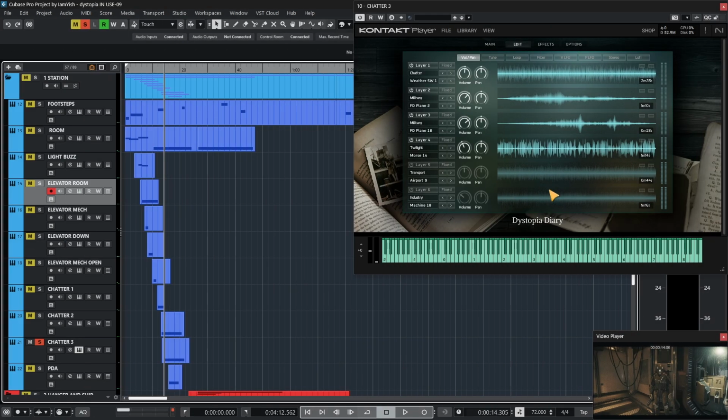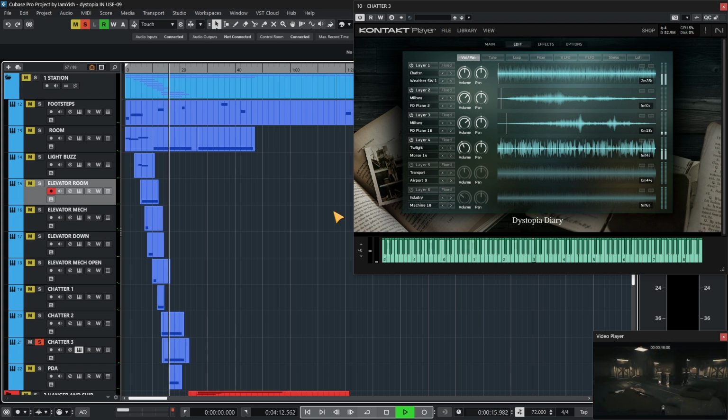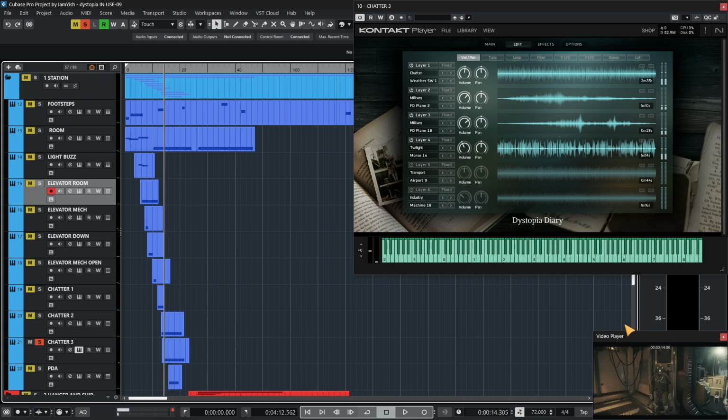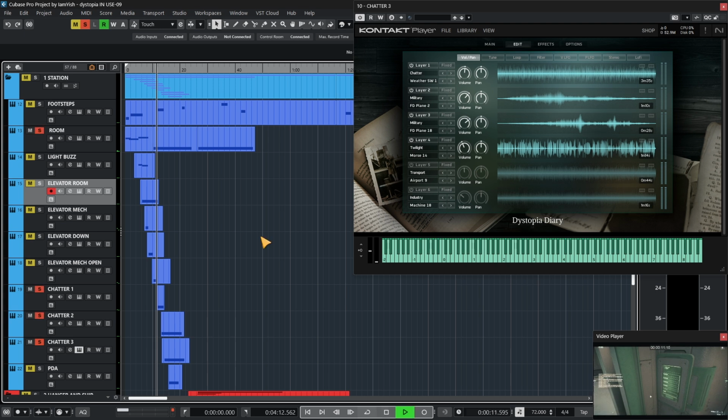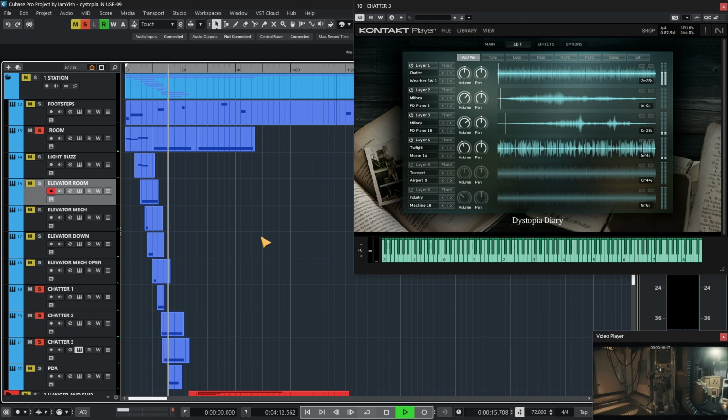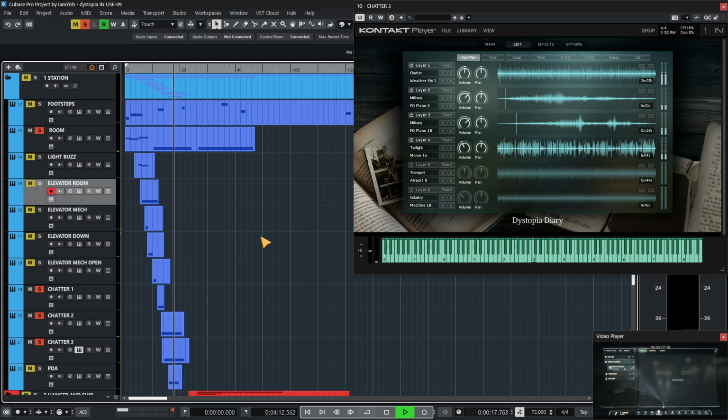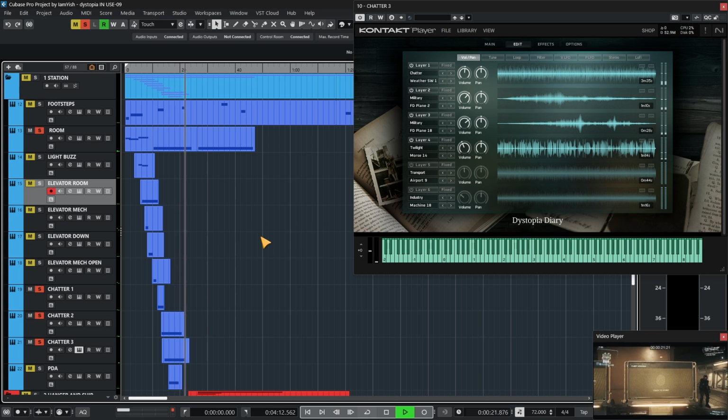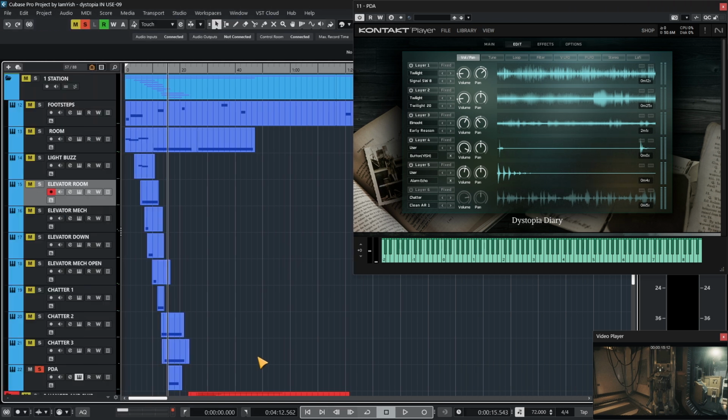Third, we have another layer of chatter. Now this is using some military sound samples in here along with chatter. The 3 of those with the room tone, then scene change. Finally, for the PDA,